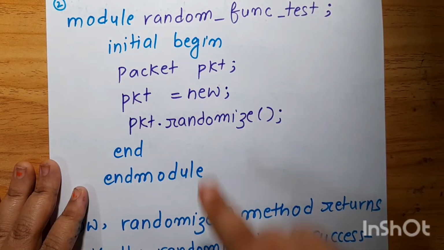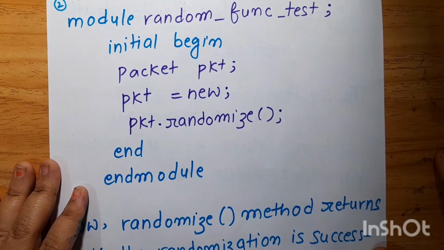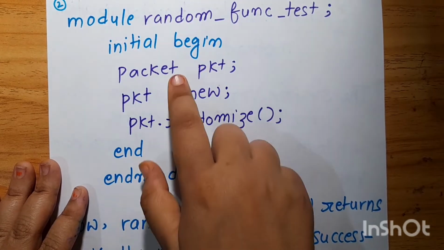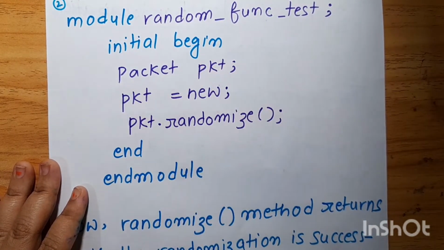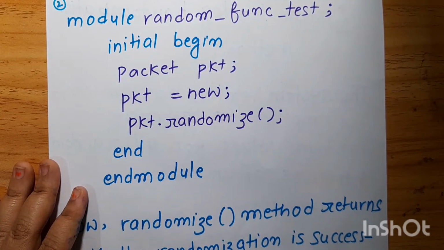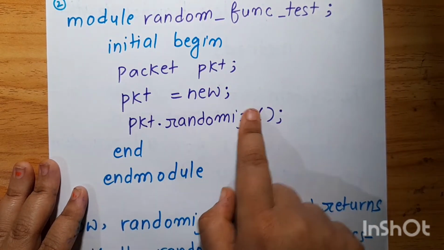Now, module random_func_test. Here I am testing the randomization of the class object of packet. Inside initial begin end, packet pkt; so I am making an object of the packet class, and pkt = new. Here I am creating the object of the packet class, here I am instantiating the object, and here